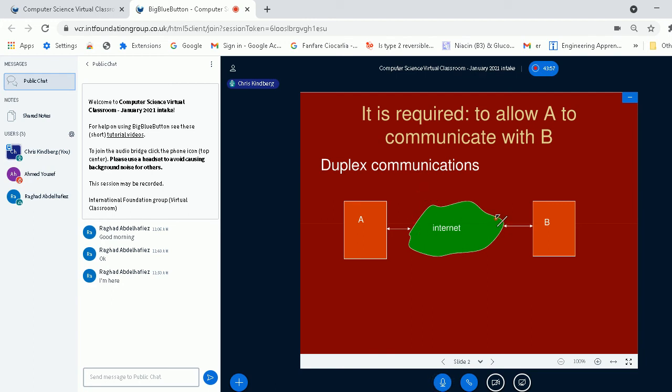And it's a very, very general problem because as you already know, I think, the internet extends into space to many millions of miles away. So I want A to be able to communicate with B over the internet, wherever that takes you, wherever you are. I'm going to show you how to do that in practical terms.